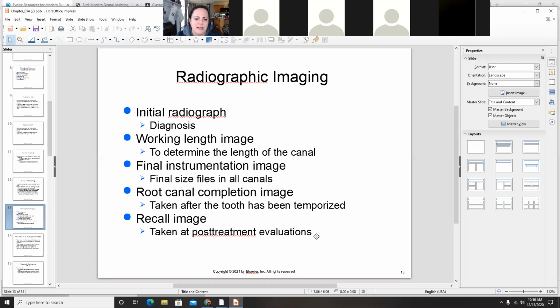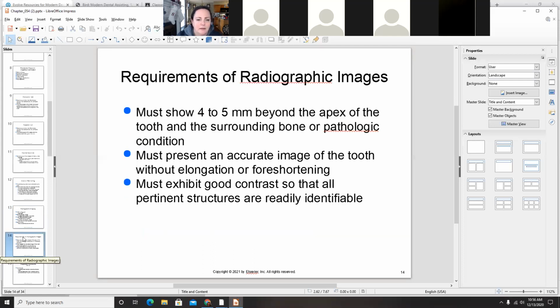A recall image is taken at post-treatment evaluations. So when they're ready to do the core buildup or the post and core in the crown, we might take another x-ray image, okay? We're going to talk about instruments for root canal too after we're done this. So if you're worried that you don't know any of the instruments, we're going to talk about them. Requirements of radiographic images: must show 4 to 5 millimeters beyond the apex of the tooth and surrounding bone